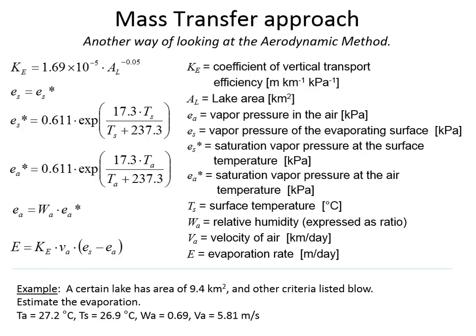So if the air could hold, I'm trying to think of what's the best way to describe it. If the partial pressure of moisture in the air could possibly be 4 kilopascals, and there's only 1 kilopascal of moisture in the air, then the difference of 3 is the driving force. But as the air becomes more saturated with moisture, the driving force is smaller and the evaporation rate decreases. And so in this case, we're going to have lots of evaporation, evaporation high,